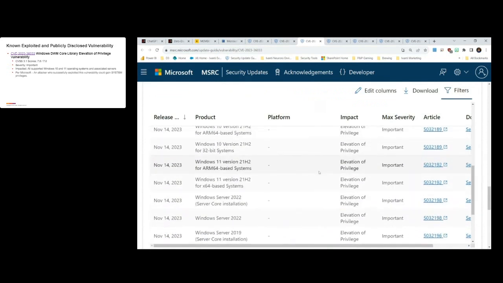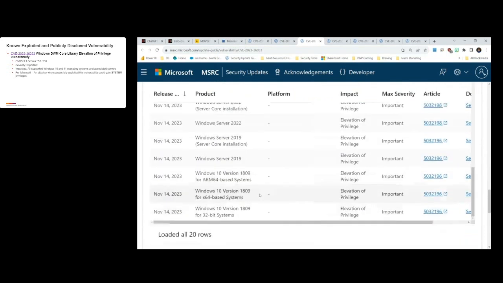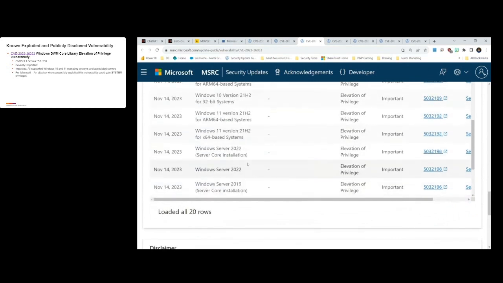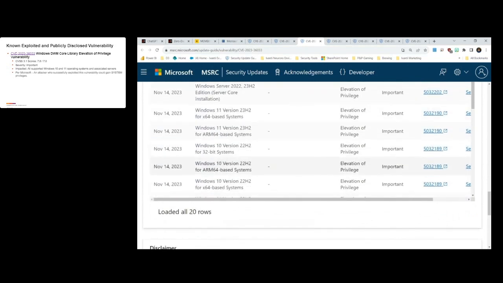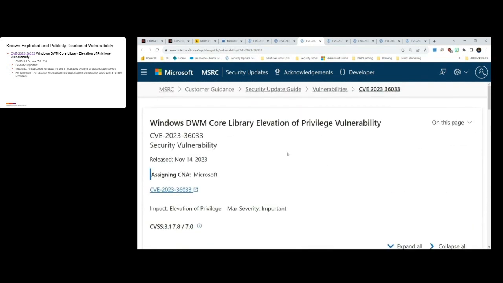In this case, it's affecting all of the Windows 10 and Server 2019 and later editions. So definitely something that all of your currently supported Windows devices are going to need this update. It's part of the same update that's going to fix the curl vulnerability as well. So again, one update, we're taking care of most of our risk right off the bat there. The next two are